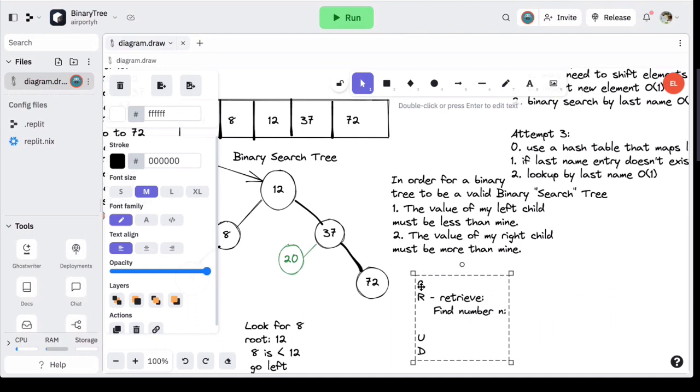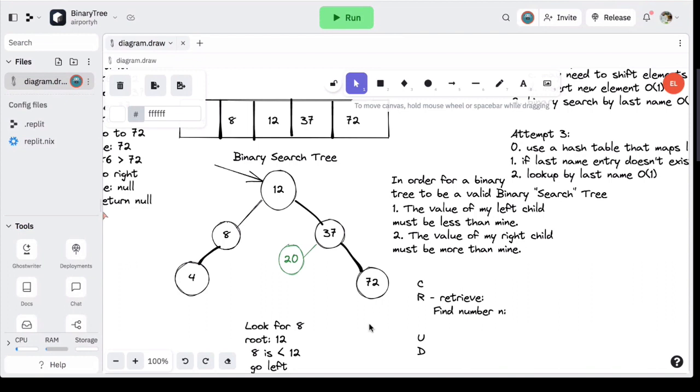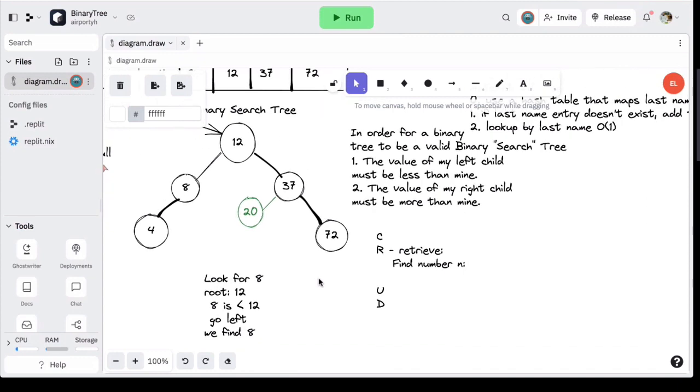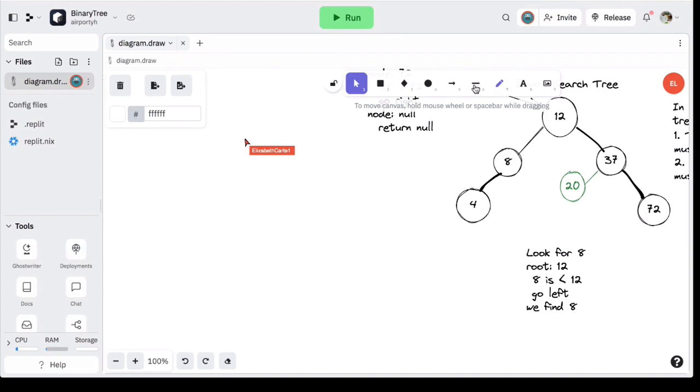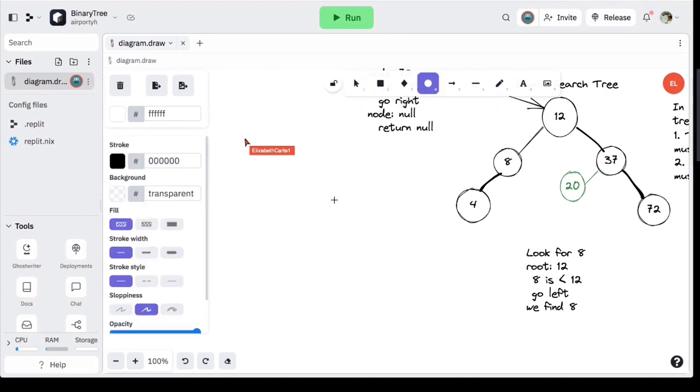Creating, even, maybe can get a little complicated as well. Maybe, but the real problem is what if you have a scenario where you're inserting numbers into an empty tree and you